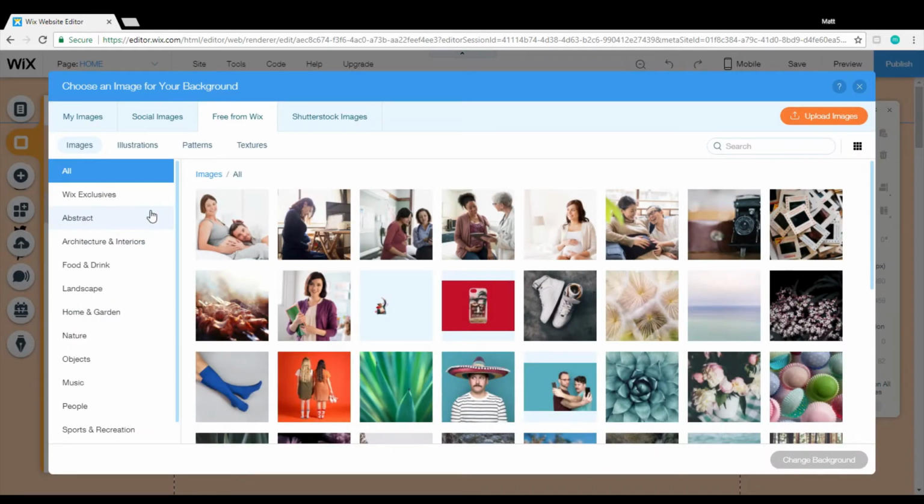I'm going to click on image, and when I go in here, one of the downsides to Wix is that it can be difficult to find the other image if you don't remember what the name of the image was. So if you're not sure how it's categorized over here, we know that this is a nail salon template, and we are looking for something either spa or nail. And we know it was a hand. So I'm going to type in nail,